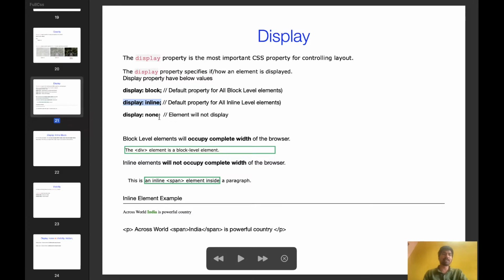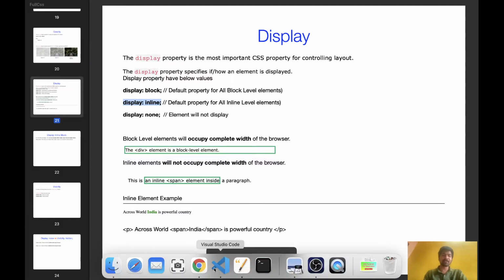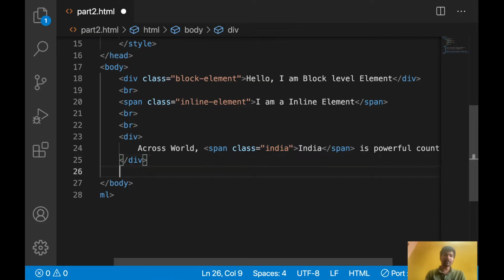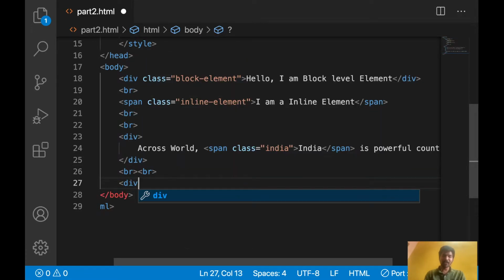Display none means that element will not display. Let's use two more breaks for spacing. So let's write one div: Hello, I am hidden.